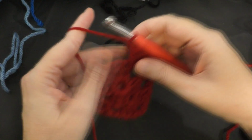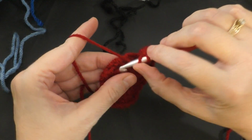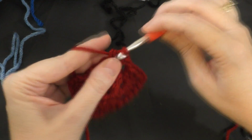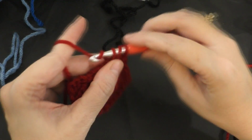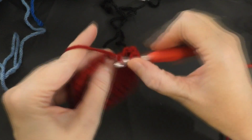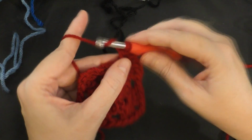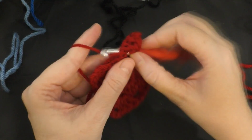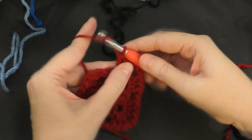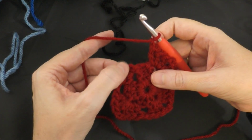Okay, so chain 1. Now we're going to go to this next corner, which is right there. Okay, and we're going to do 3 double crochets. 1, 2, 3, chain 2, and then 3 double crochets again in the same corner. 1, 2, 3, okay, chain 2, and now we're going to finish this corner, because this is our starting,